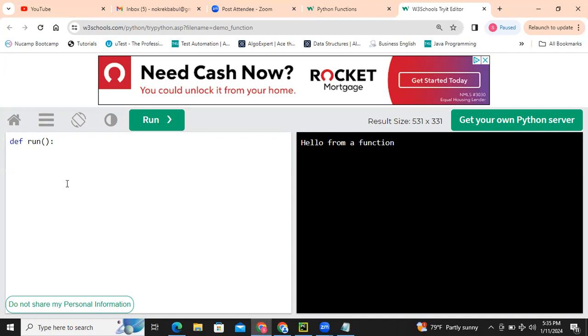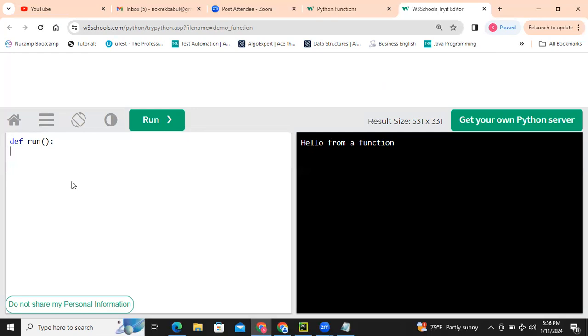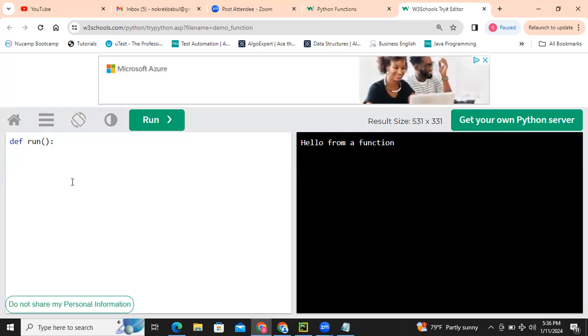Since this is not an integrated development environment, the cursor is going just behind the dot. But in a function, there will be two spaces, 1, 2, okay? Then you can start writing whatever code you want to write.